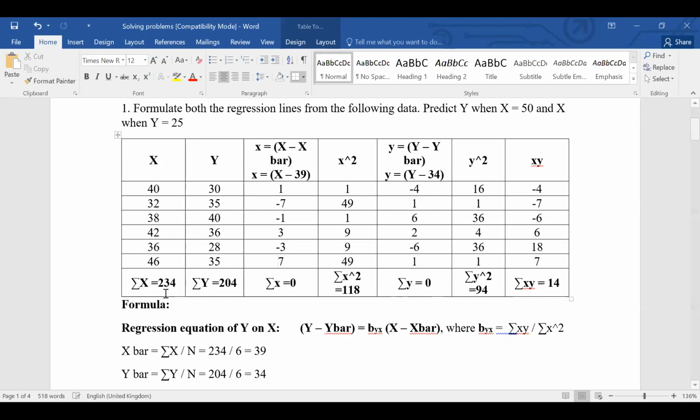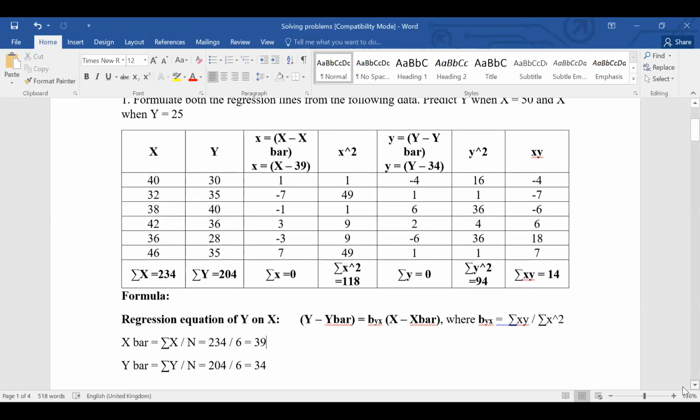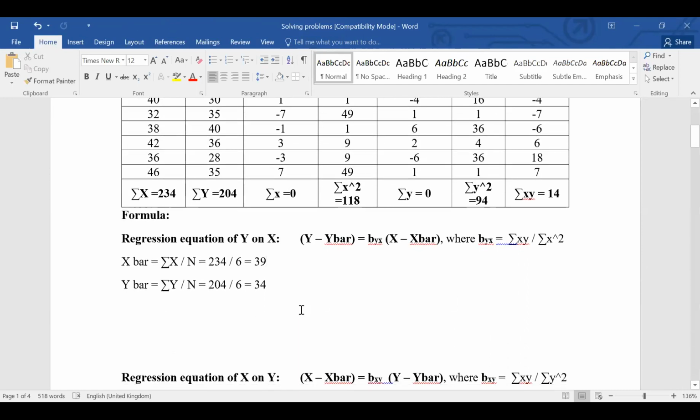Okay, now see, I wrote the extra variable, small x equal to capital X minus x bar, because we are using this regression equation by actual mean. We need to find out the actual mean, x bar equal to summation x by n. So we have calculated small x and we have squared it. Similarly for y also, and we square the y in the next step. Okay, now we got the x bar, y bar value already. I'll move on to the problem now.